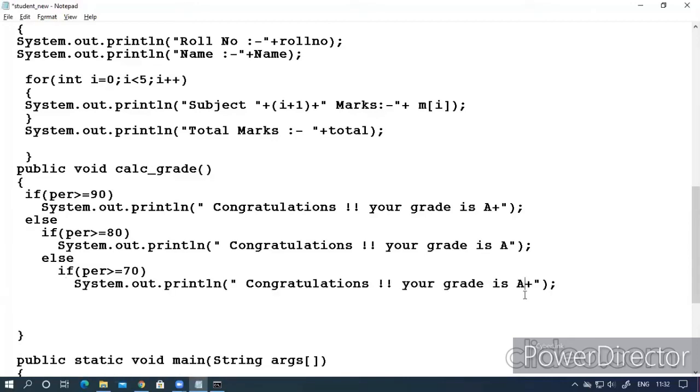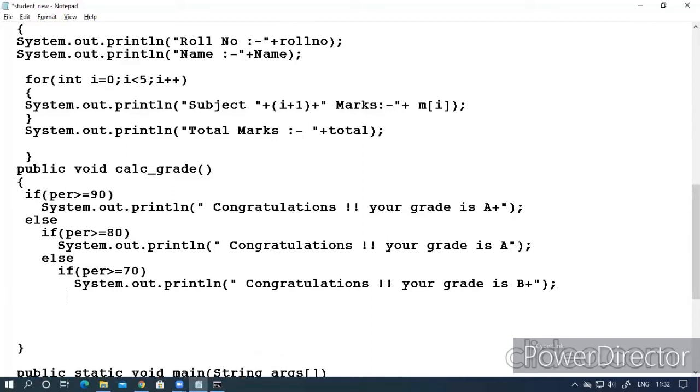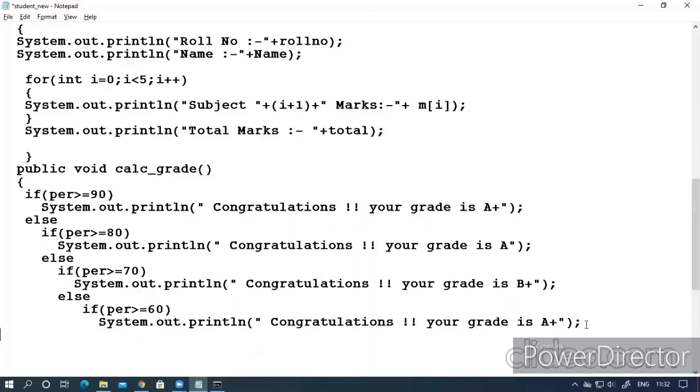System.out.println, this is B plus. Else if PER is greater than or equal to 60, then print this is B.